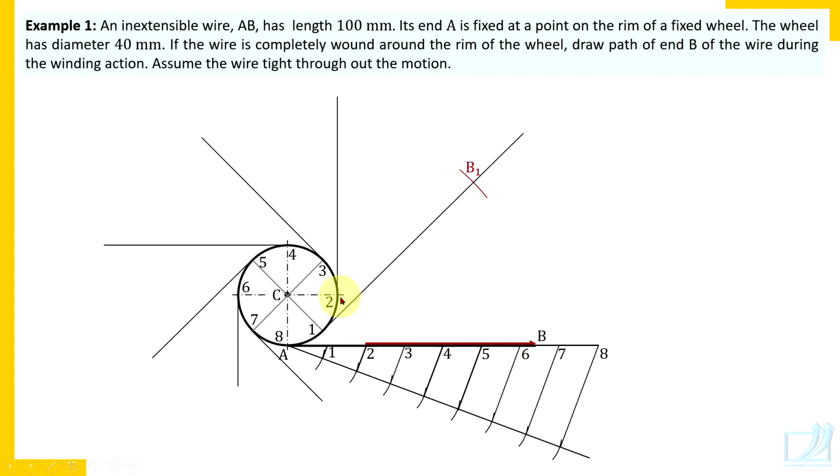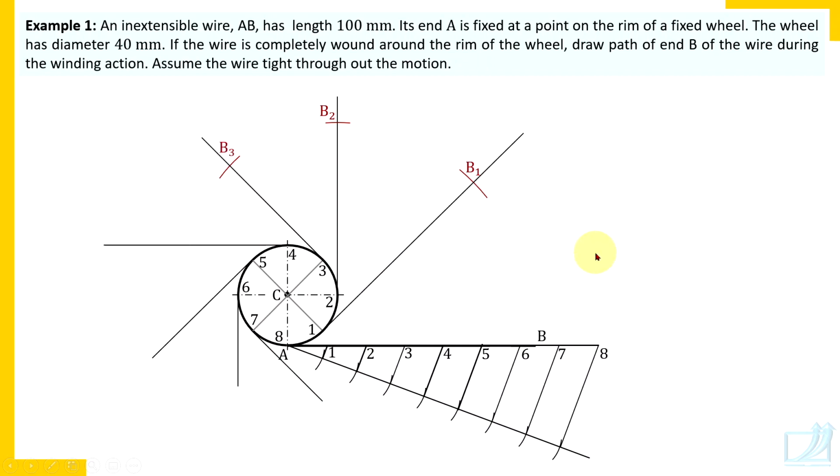And from point 2 on the circle, you cut the second tangent. So the length of the second tangent is 2b. So label this point as B2. Similarly, the third tangent has length 3b, and from point 3 cut the third tangent. So it's now a very mechanical procedure. The fourth tangent is 4b, the fifth tangent has length 5b, the sixth tangent has length 6b, and this is how we go on marking the points.